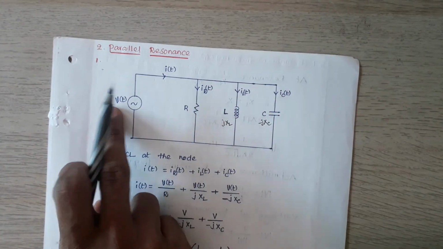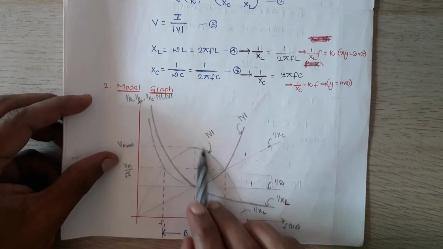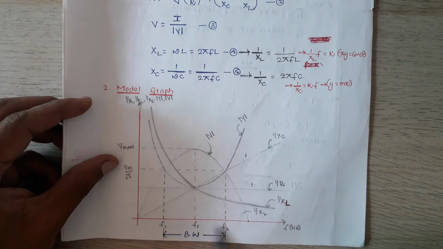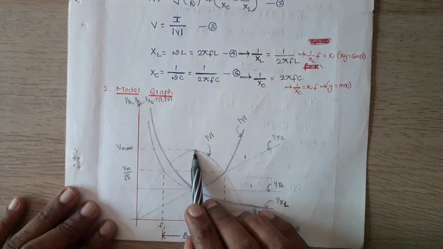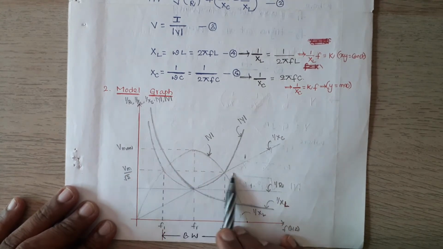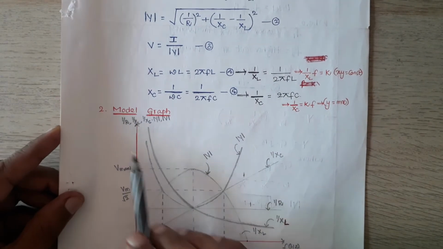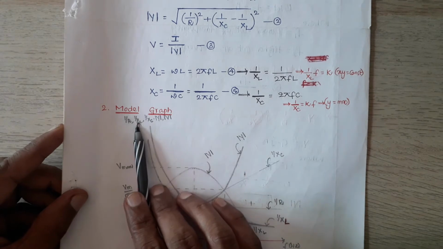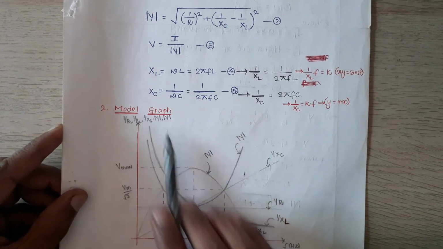So what is the voltage? How does the voltage vary with respect to frequency? What is the magnitude of the voltage with respect to frequency? So this is the voltage across the elements with respect to frequency. At resonance frequency, the maximum voltage is there across the elements, and at cutoff frequencies, the voltage across the elements is Vm by root 2. These are very important curves: 1 by R versus frequency, 1 by XL, 1 by XC versus frequency, mod Y versus frequency, and mod V versus frequency.